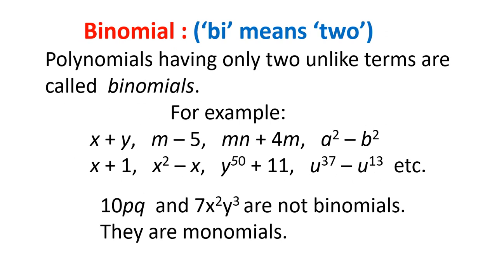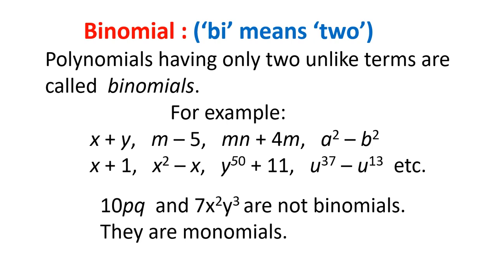Next category is binomial. Bi means two. Like monomial, there are many words which start with bi. For example, bicycle, which means having two wheels. Biannual, that means happening or occurring twice a year. Bilingual, that means of two languages. Bisect, that means to divide into equal parts. Bipolar, bifocal, that means having two focal lengths. So bi means two, and the other category of